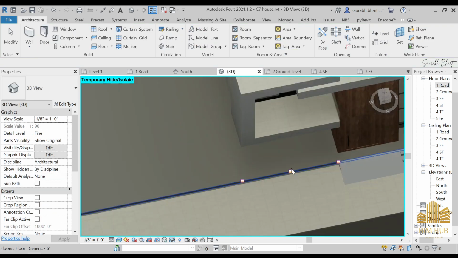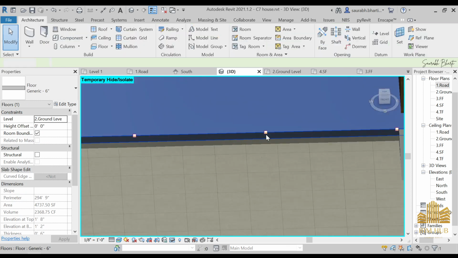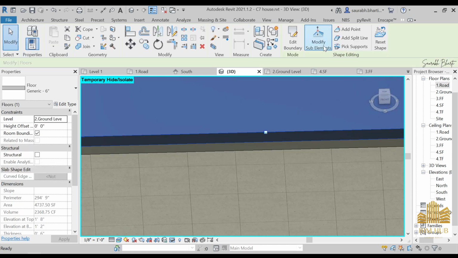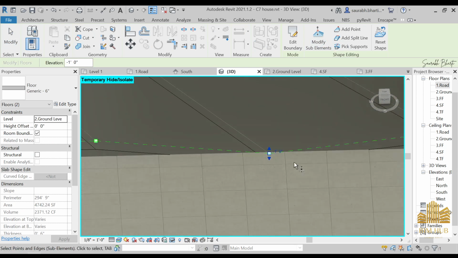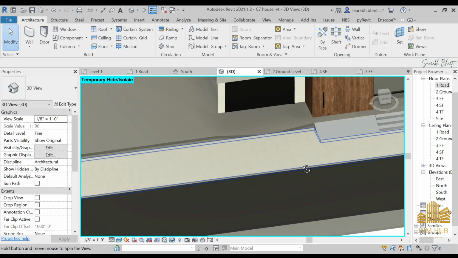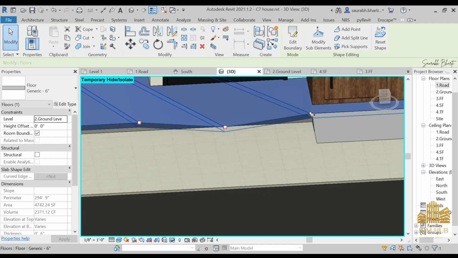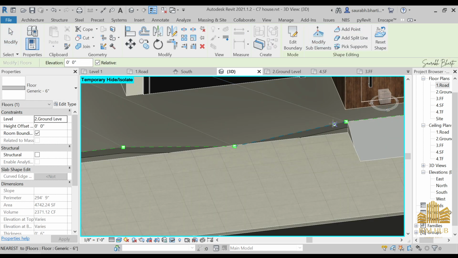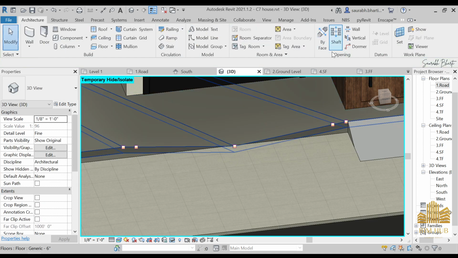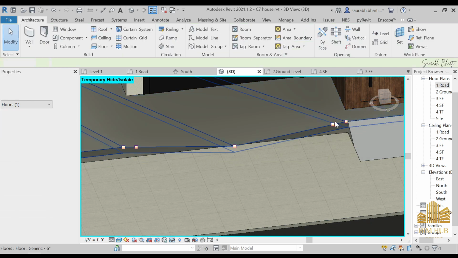Yes. After this, just select this one, I mean this point, Edit Sub Point, select this point and give it a size offset of -1 feet. Yes. Now as you can see that we have something like this over here. You can just decrease the size of this one also, or you can add more points to this. So again go to add more points over here and add a point at this place and add a point at this place. Okay, and then select this one